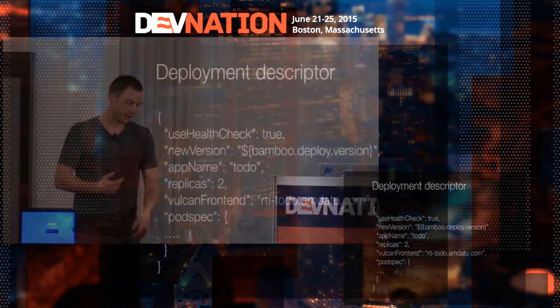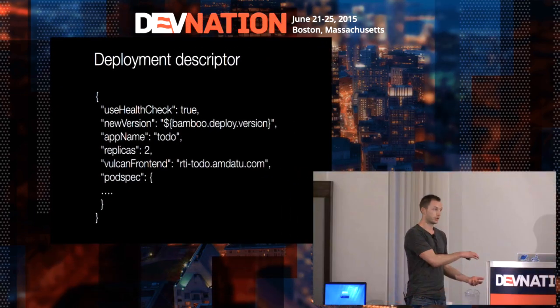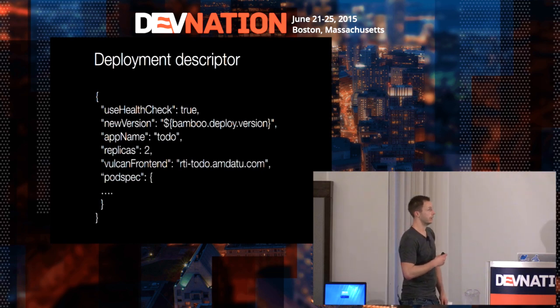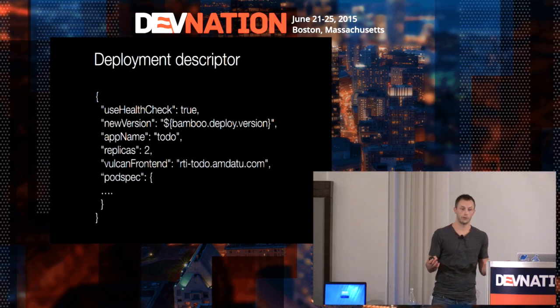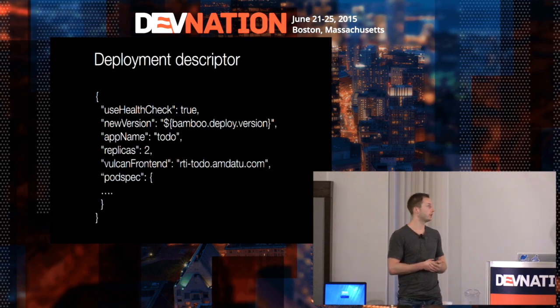So the other thing that we get from this deployer is a deployment descriptor. The way we implemented the deployer is that we have a JSON-based deployment descriptor, and that's what the build server uses to post or to request a new deployment. So we can either enable or disable the health checks. Let's say that we want to deploy some application that actually doesn't have health checks and we can't change that. Well, you probably want to turn them off, otherwise nothing is ever going to be deployed.